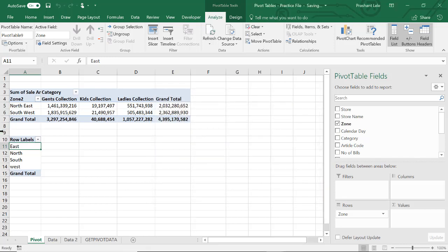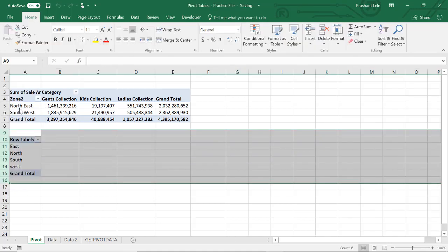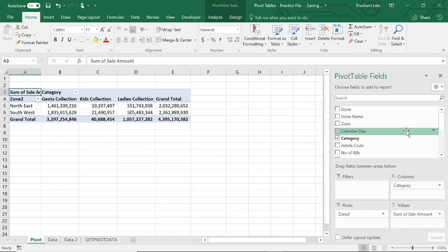But what if I am just deleting this? Delete. Suppose I want to use the exact same format. This is a very small pivot table, but you must have created a big pivot table with nice formatting and all. If you want to use the same formatting and same structure in your new pivot table, but you want to use a separate pivot table cache, then what to do? If you go by the pivot table wizard option, you have to create all the formatting and structuring from the beginning. It will take more time. So you would like to use the same pivot table but with a separate pivot table cache.